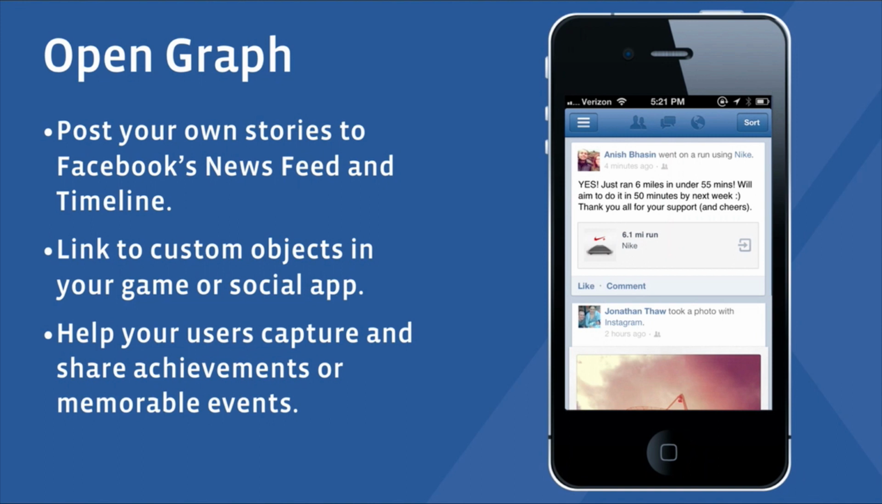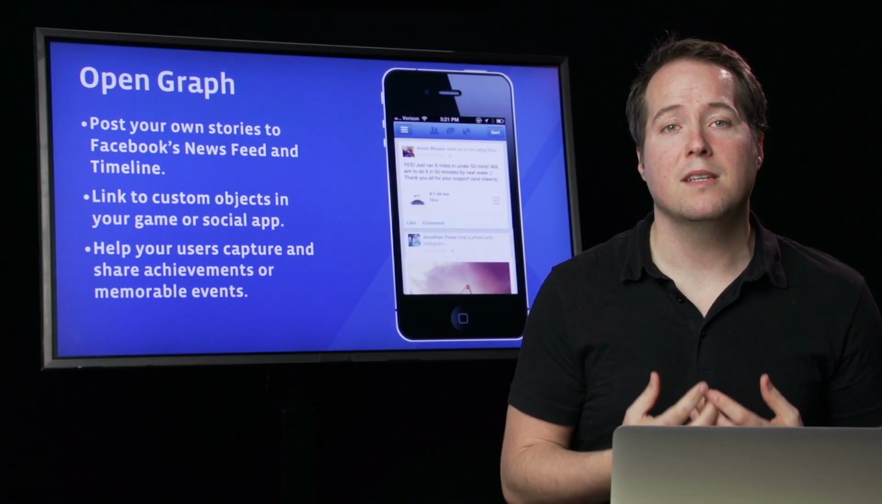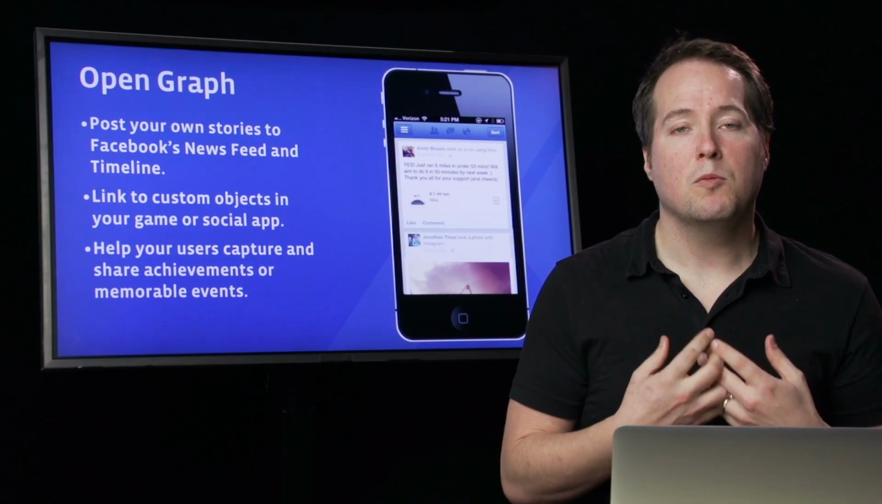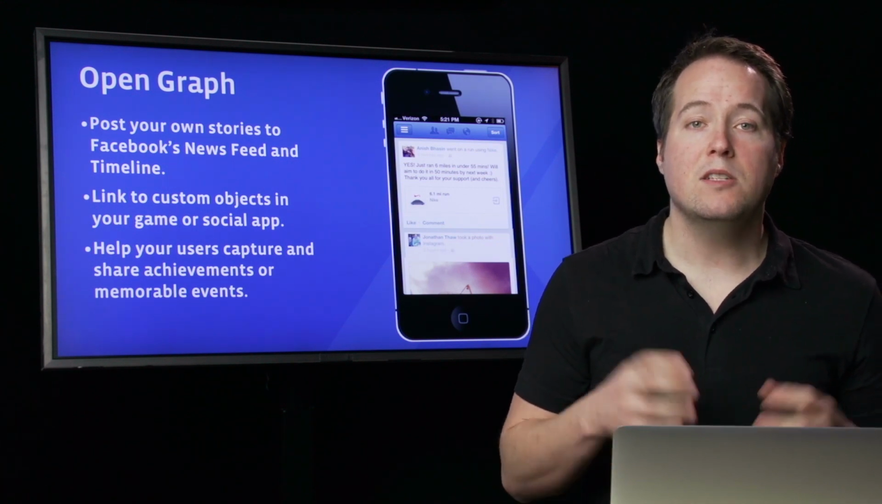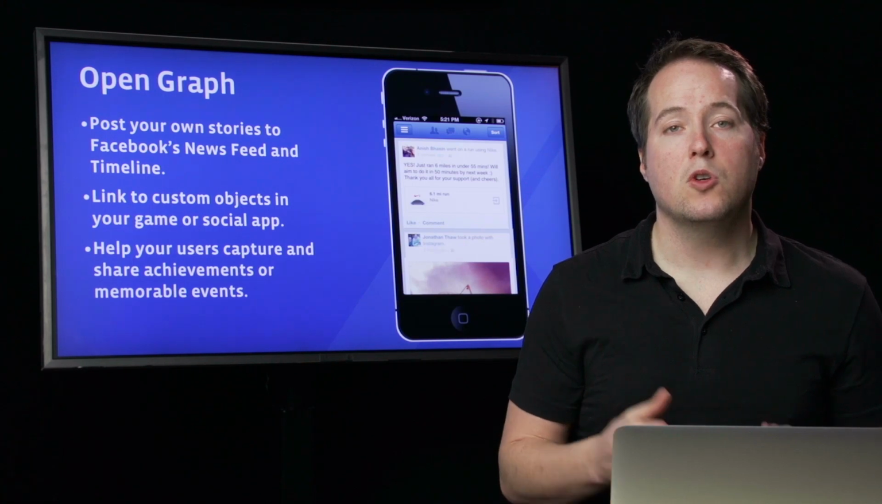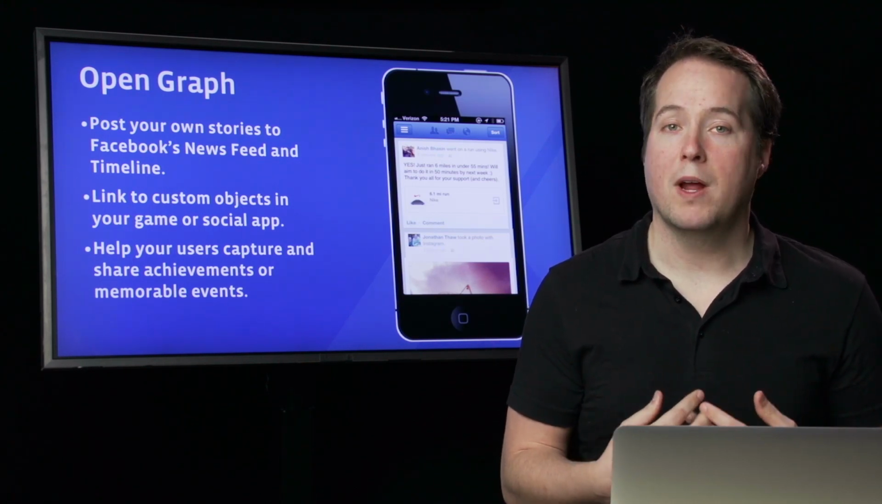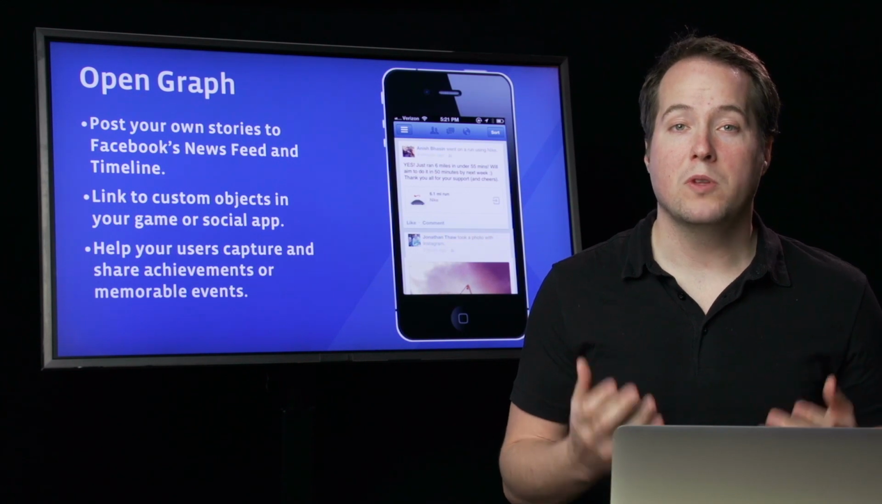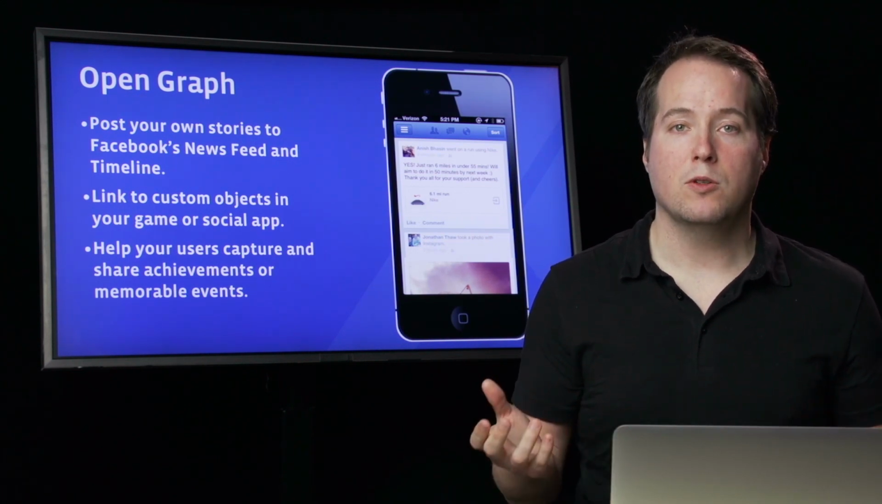You can create custom stories that do a better job of relaying the important things about your application and forming something that people would really want to share with their friends. These stories will show up in Newsfeed, they'll show up in Timeline. Their friends will see that, and that'll drive new traffic directly to your application. These stories will link directly to the store,